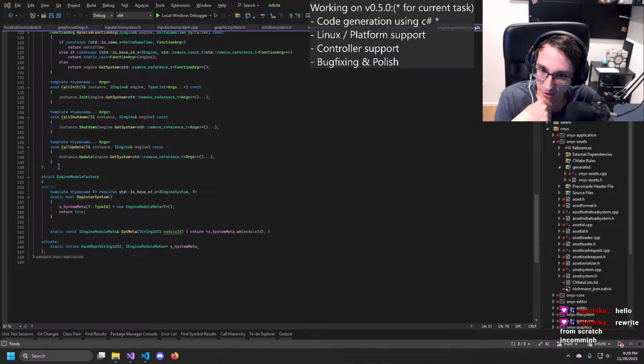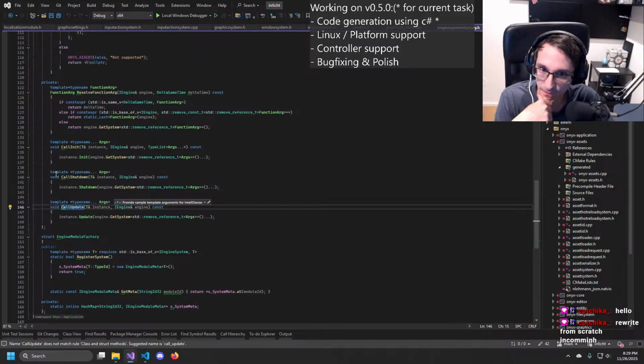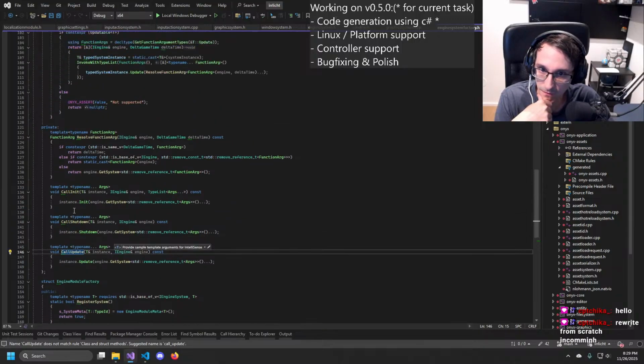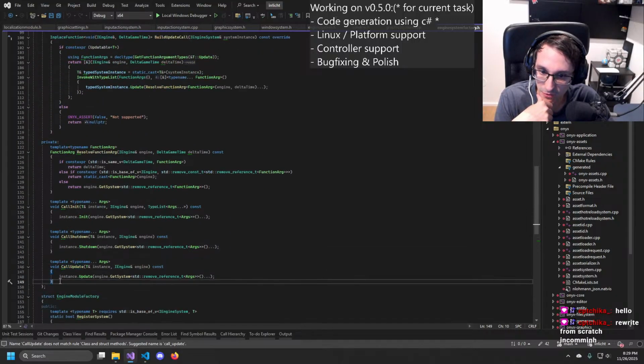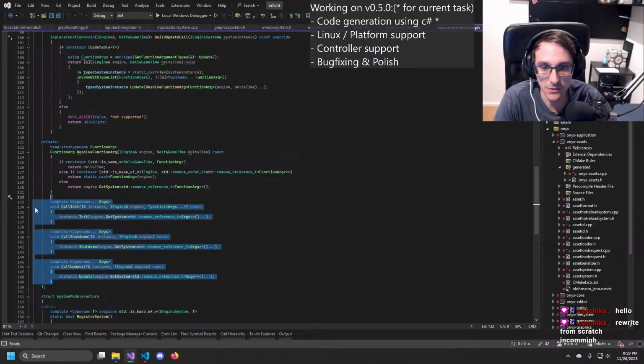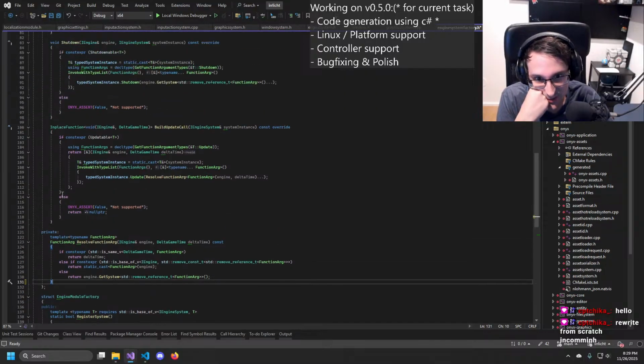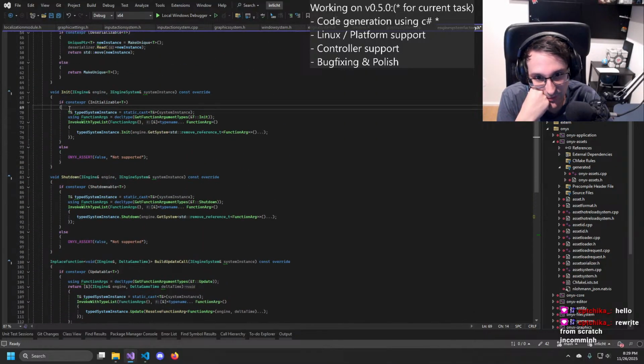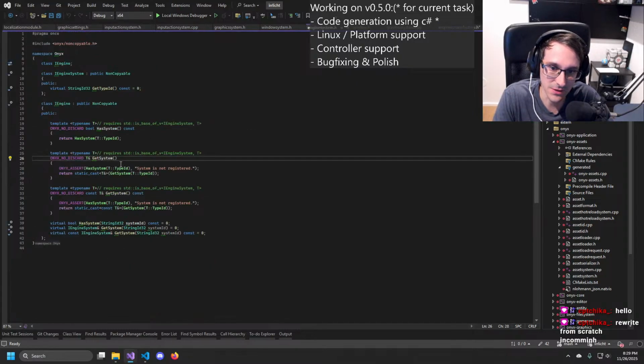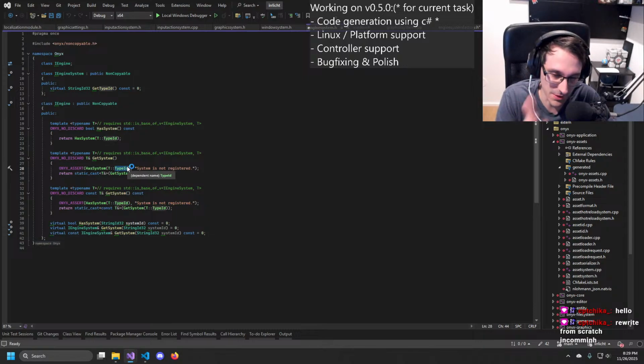No, it's not from scratch, but those functions are dead. I think they are not needed. The problem is that when we do this get system, the function argument might only be forward declared, which is an error because it cannot get it then because it doesn't know that it has a type ID.